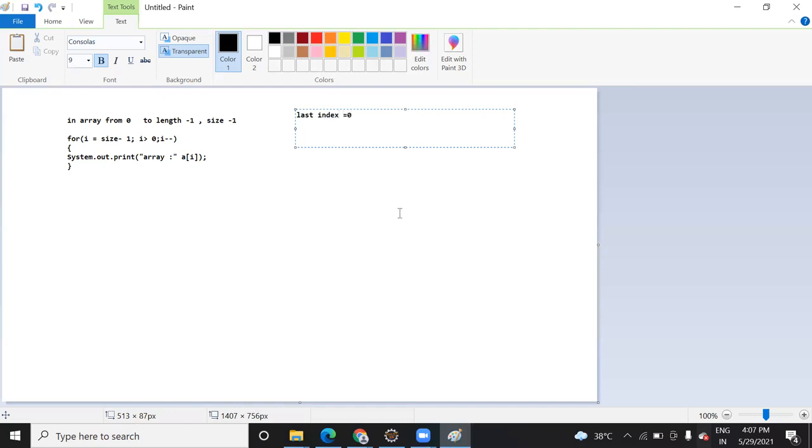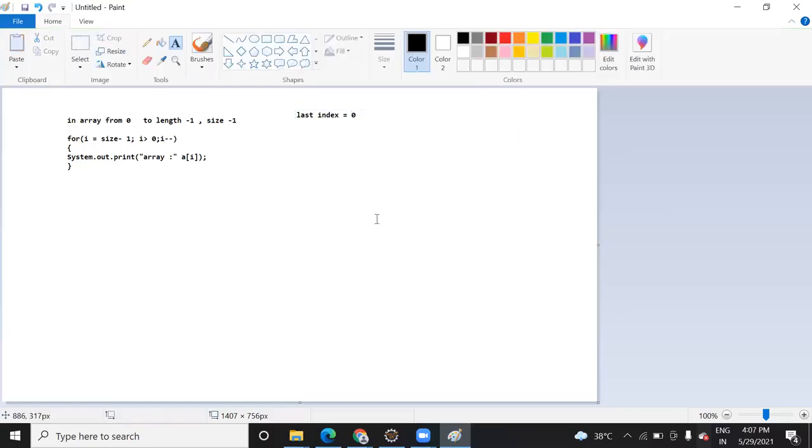But you are just printing them. I thought you were going to store them, so you are just printing them in reverse. I thought you have to reverse the array and store the elements in reverse. Yeah, you can do it that way. I'm just telling you the logic. But see, if you apply that for loop, and after the for loop is done you still call the array, will it show in the correct order or in reverse order?